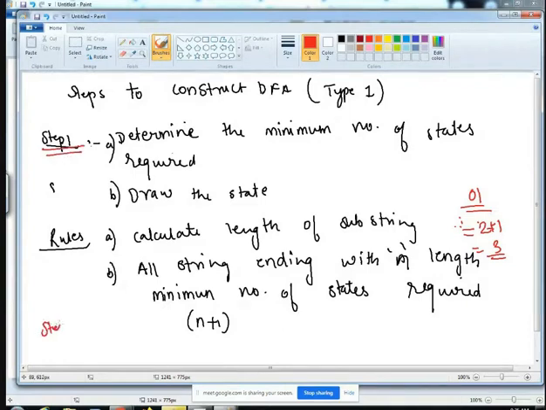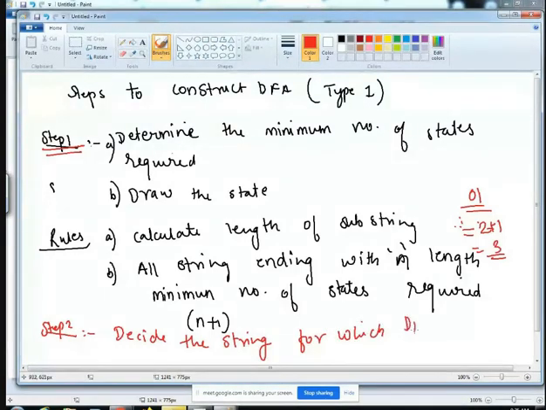Then step 2 says, this was your step 1. Now step 2 says to decide the strings, we need to find out which strings are to be constructed. So decide the strings for which the DFA will be constructed. Right?